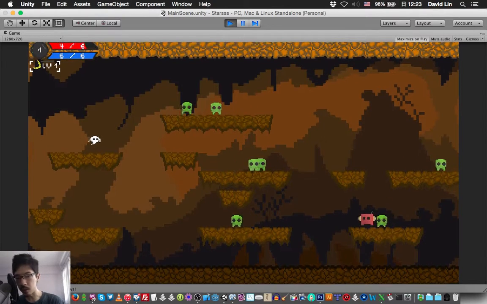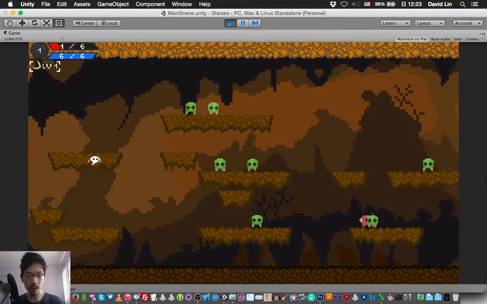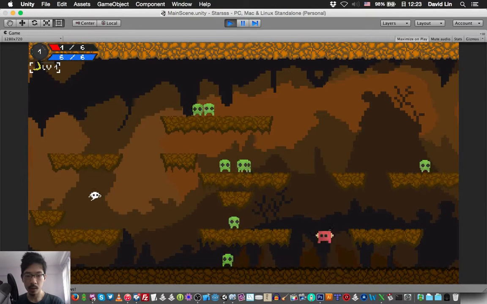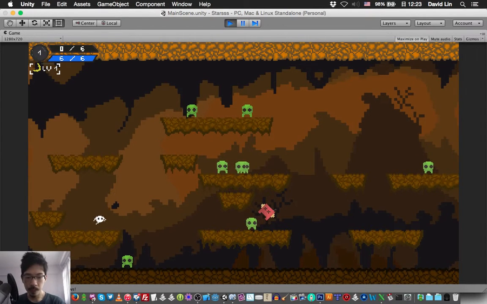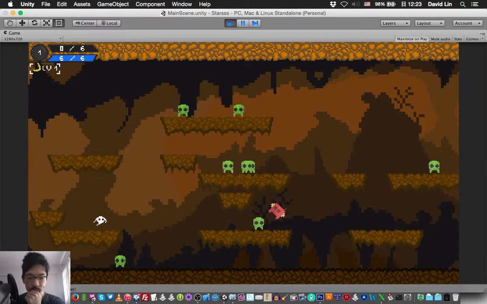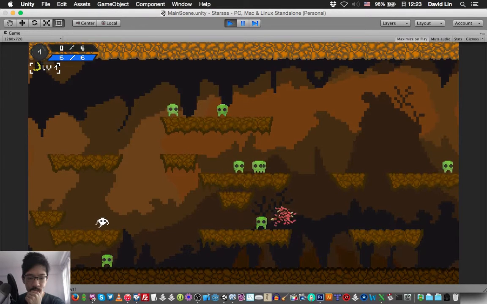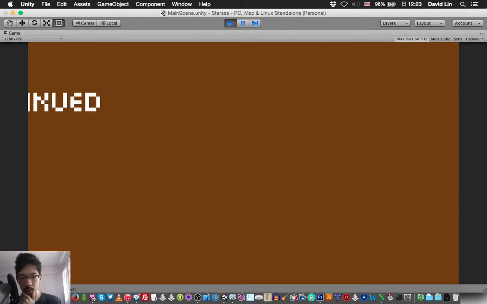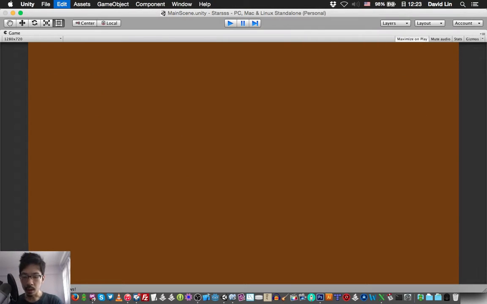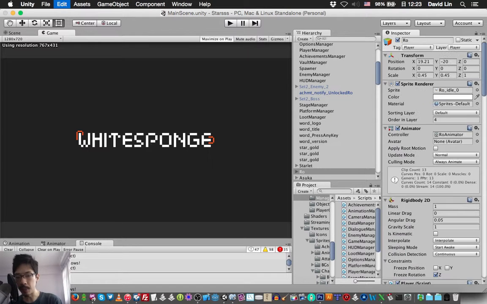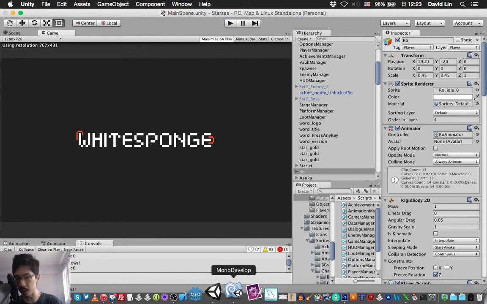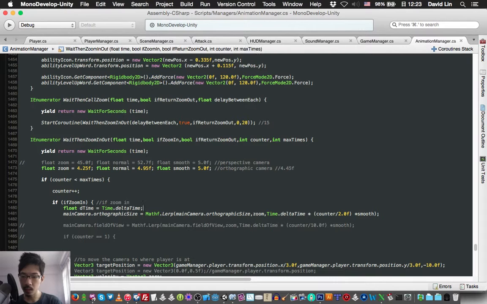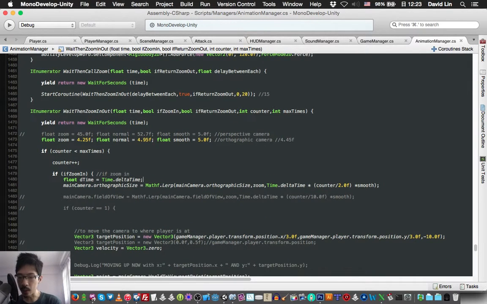Okay, so let's try to commit suicide again. So as you can see, it's still waiting for the reduction in speed to finish before zooming in. Oh, okay. And that's because we are using the